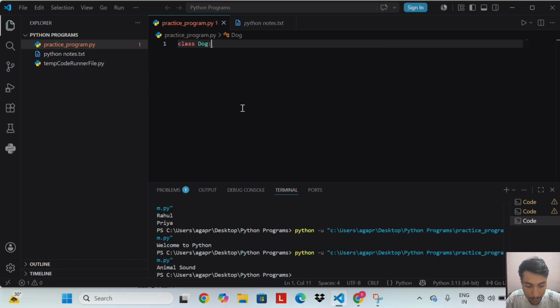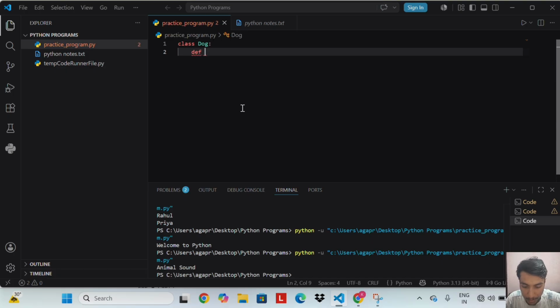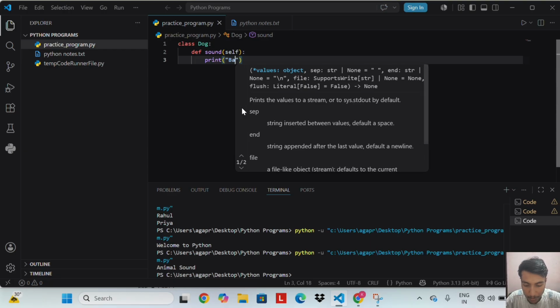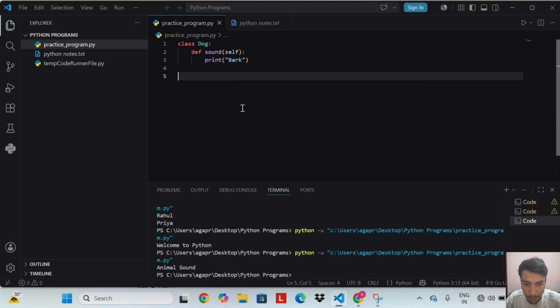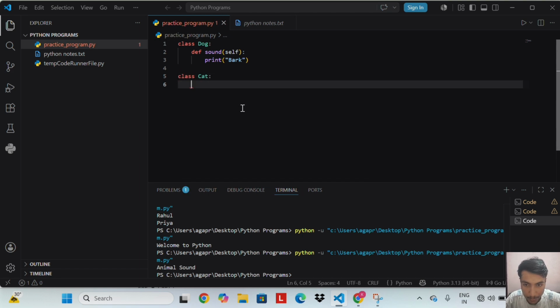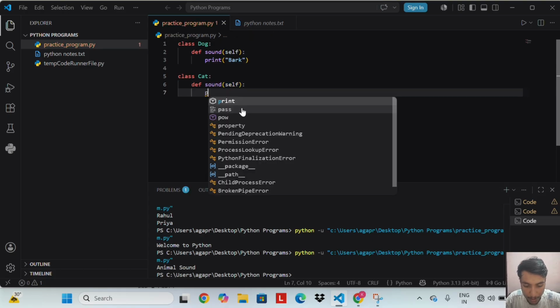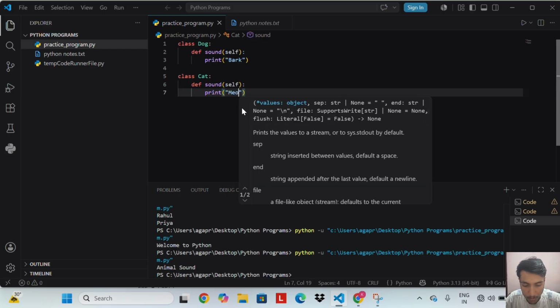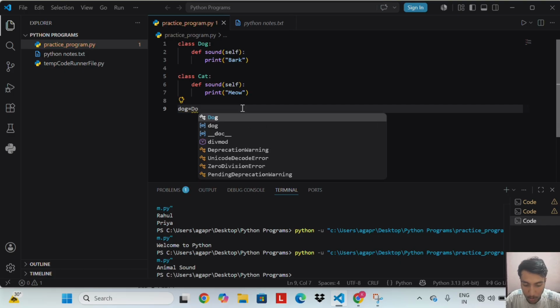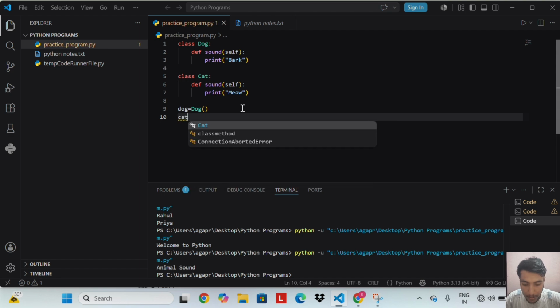class Dog: def sound(self): print("bark"). class Cat: def sound(self): print("meow"). dog = Dog(), cat = Cat().